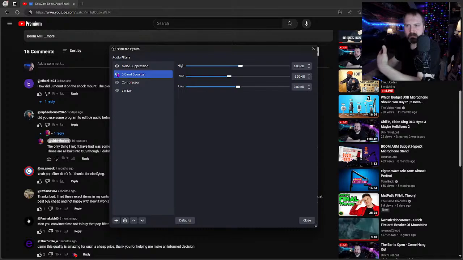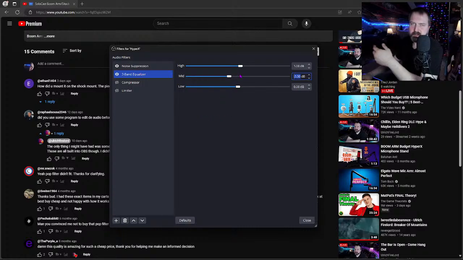I don't know if you can tell the difference as I'm speaking, but I'll show you kind of what it does. Like if you mess with this, and while you're talking, you'll hear the difference in sound and what, you know, this does when you're sliding this bar around. It really does make a difference. I think I had that on 350. And as far as quality goes, it's probably the same.